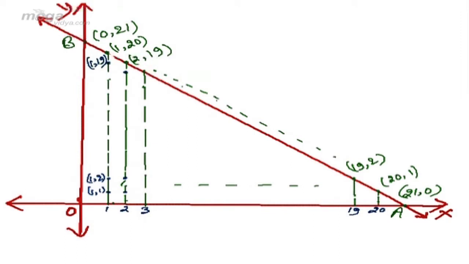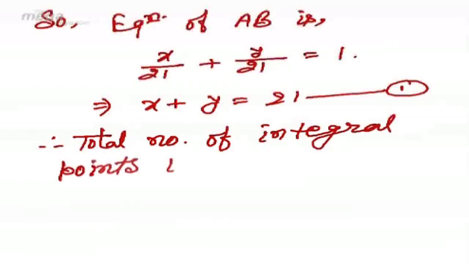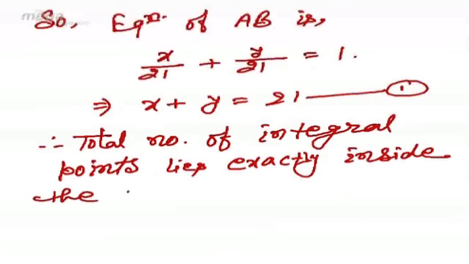So there are 18 points on the second line. On the third it will be (3, 1), (3, 2) and the last is (3, 17), so there are 17 points. And similarly, when we move here, there is only 1 point, (19, 1), and here there is no point at all. So the total number of integral points lying exactly inside the triangle AOB is